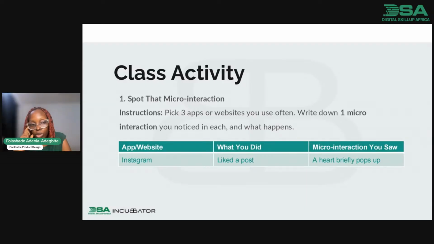People are using my example. You're not supposed to use my example. I already used Instagram. So use another one. So when you do a voice note on WhatsApp, what happens? What micro interaction do you see?